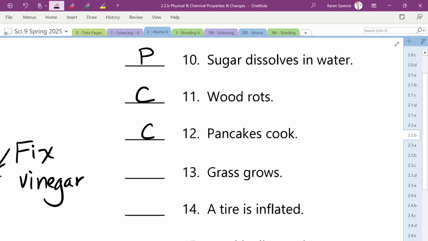with this wet batter, right? And as you cook it, it solidifies, right? So that wouldn't be happening if we didn't have new bonds forming, okay? Grass grows. Chemical, because what happens is